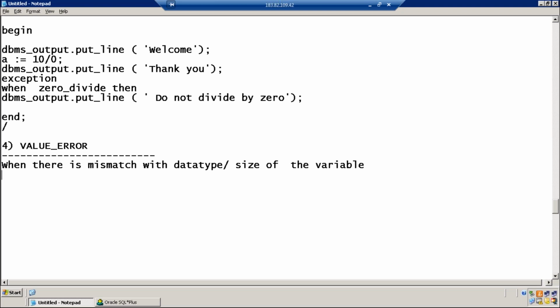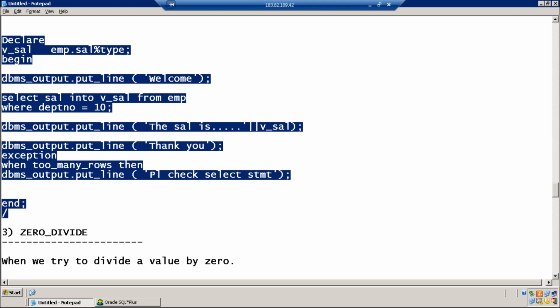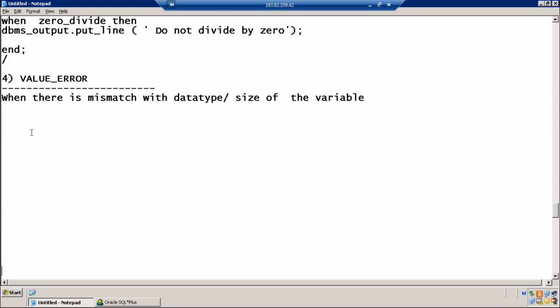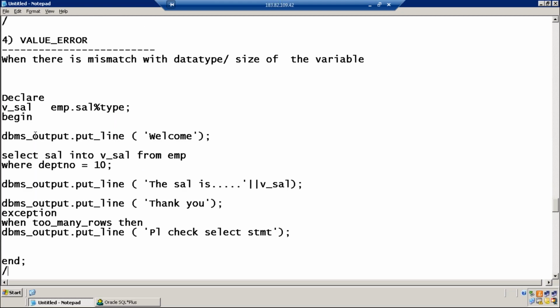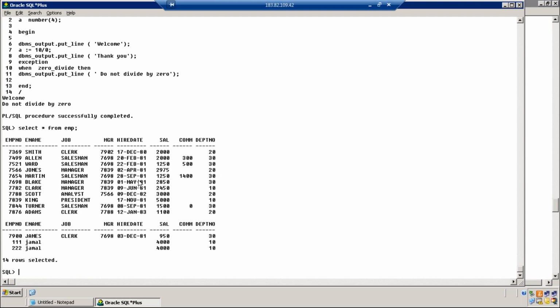I'll give you an example. Let's give a valid employee number, something like valid employee number equal to 7369.